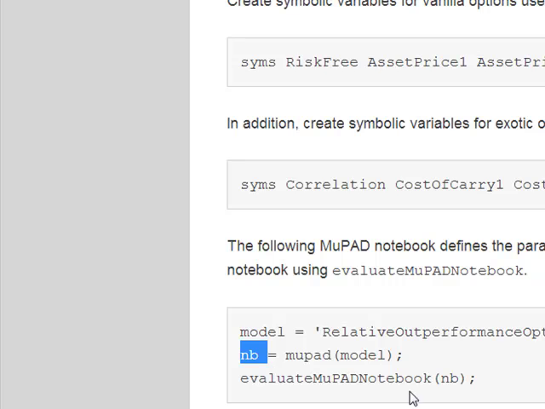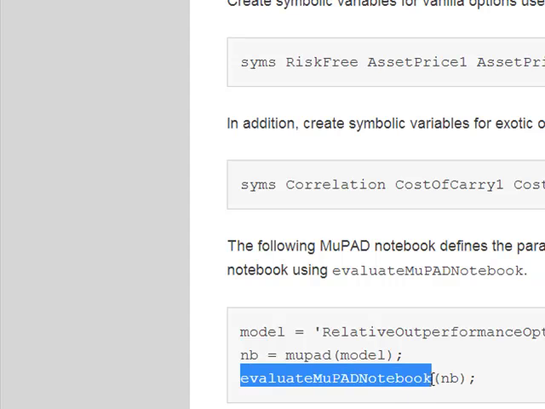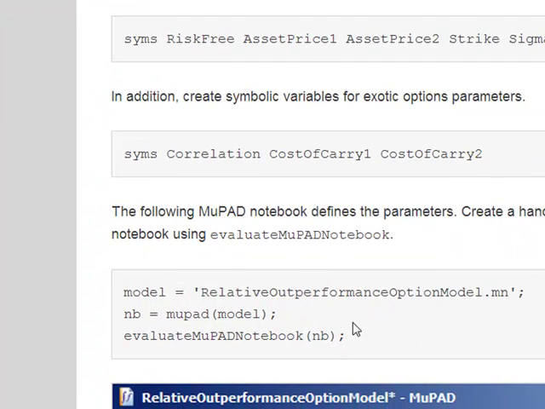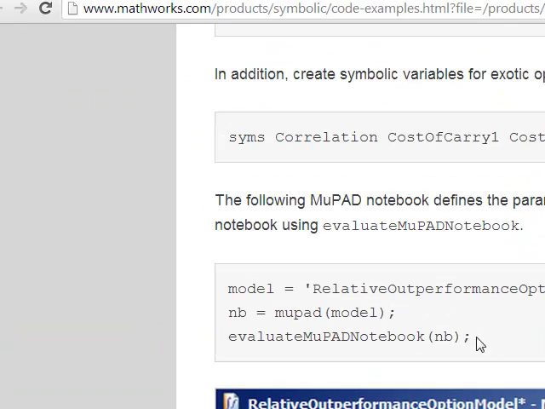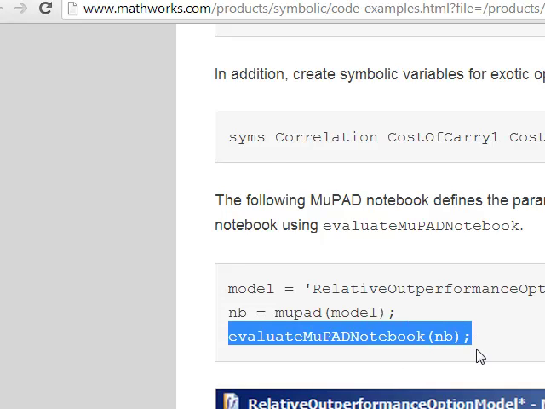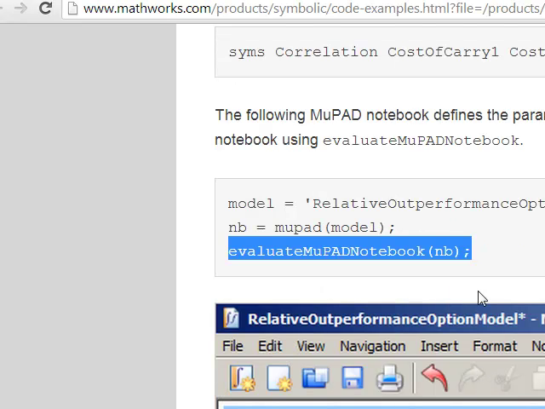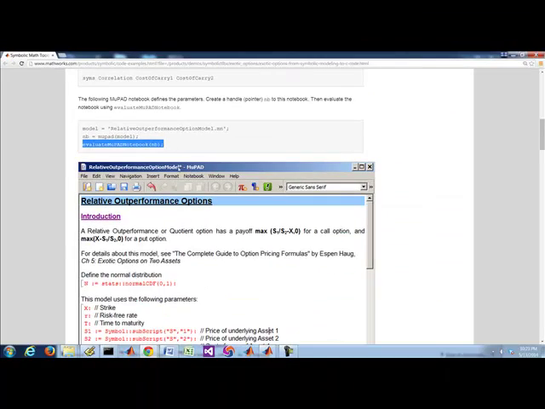Here's the handle, assign that handle to NB, and then you can evaluate the MuPAD notebook in the command prompt. So essentially what that does, it will allow you to have access to the MuPAD resources from within the MATLAB